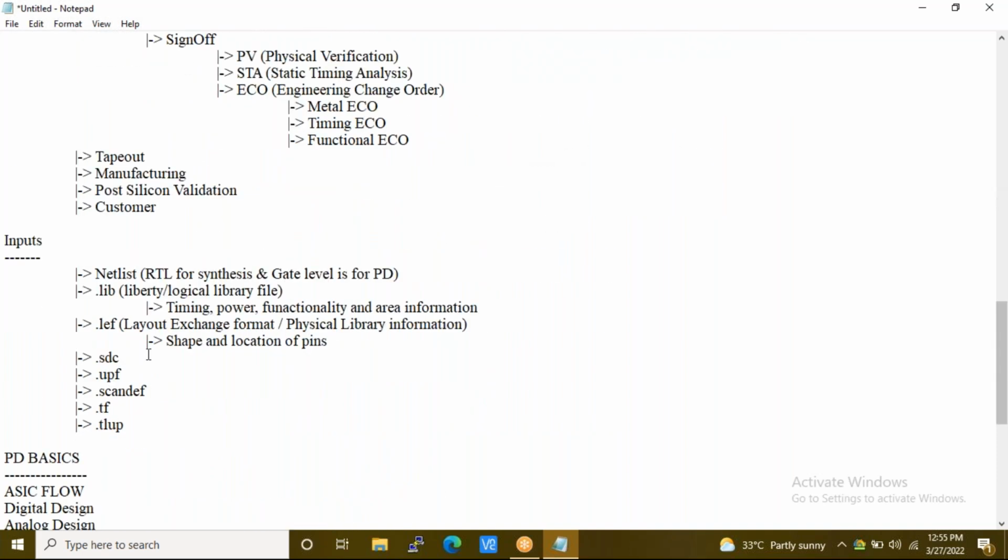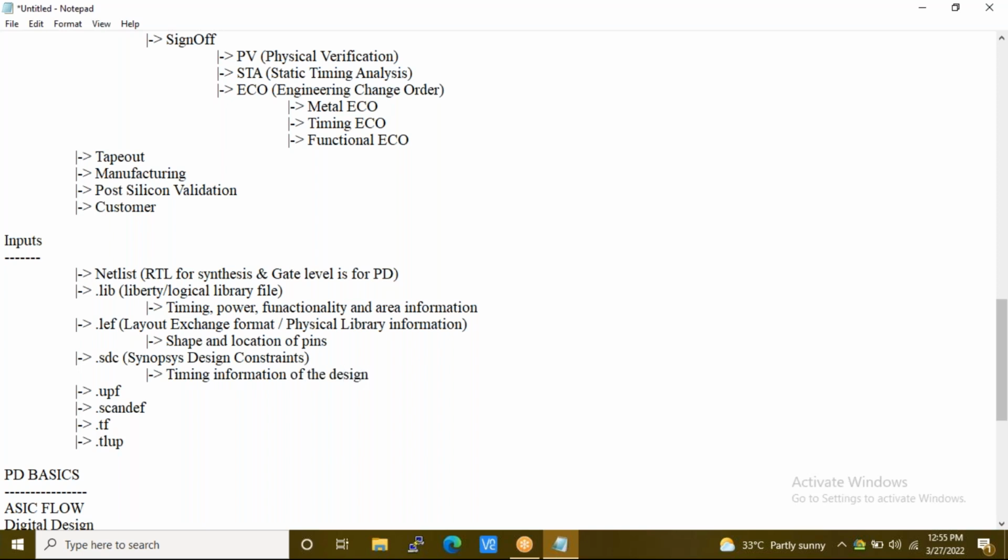SDC is Synopsys Design Constraints. This file holds the timing information of the design.